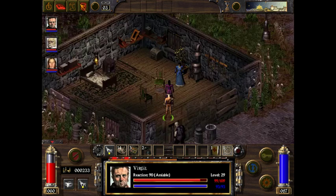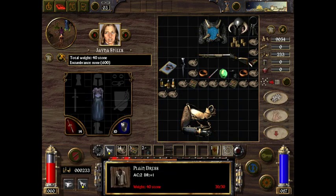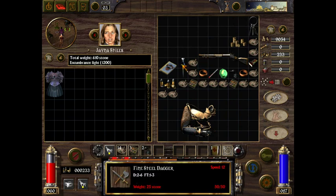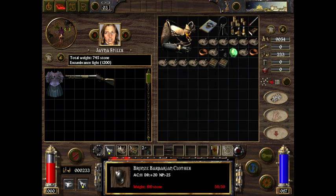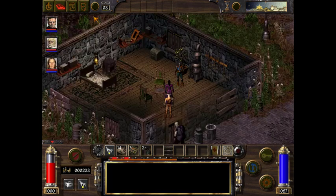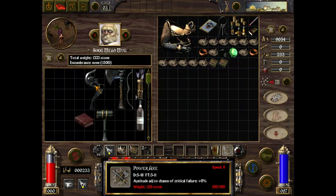Okay. So let's give her some stuff. So she's got a plain dress. I'll give her the chainmail, the horned helmet, I guess the fine steel dagger. Also, I'll let her take the gun. Like, I'll let her hold the gun for me. So, oh, she needs boots. She needs some form of boot. And maybe someone has a better weapon too. A better weapon that is not